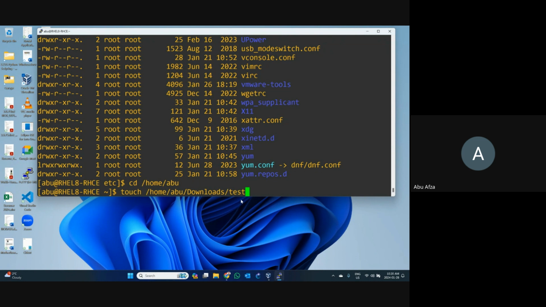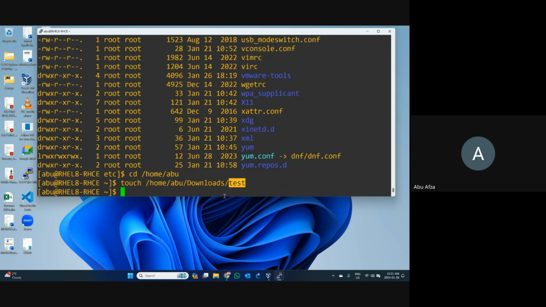So you can add an extension like test.txt, whatever you want, you can add it there. If you are not writing anything, that means it works as a file with no extension. This is the path. Path means where your file will be created. If you want to change that, you can change it. And this is the command that will create this test file.